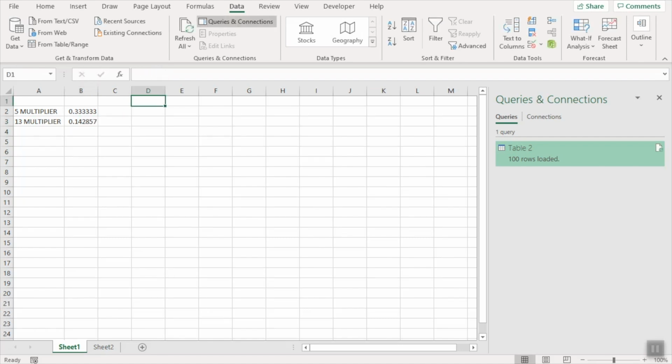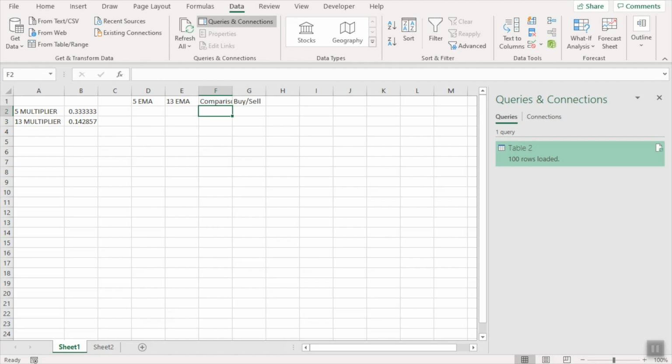Let's create a table with 4 columns, one for the 5 EMA, second for the 13 EMA, third for the comparison between 5 EMA and 13 EMA, and the fourth for the actual buy-sell signal text.